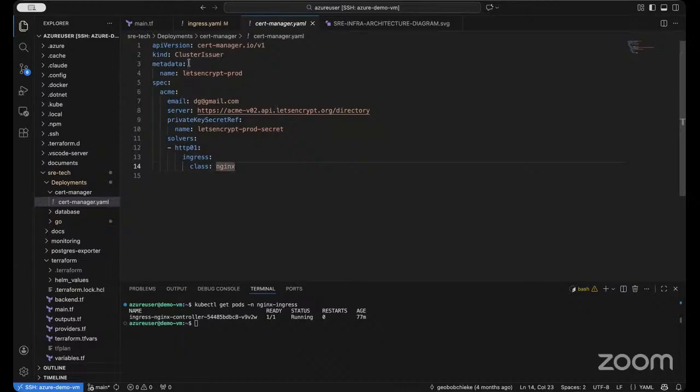So you can specify, again, any specific email that you want to share, or what is the server that you want to use, any specific secret that you are planning to use for this, and what is the class where you want to attach this particular cluster issuer to. So that is again going to be the nginx. Now this is the ingress class to use, right? And then